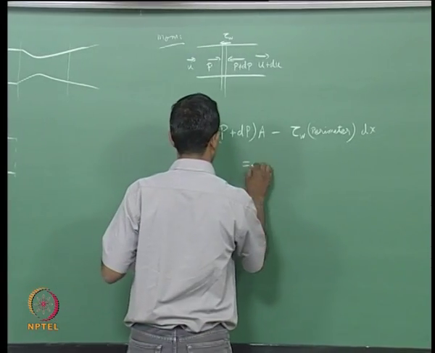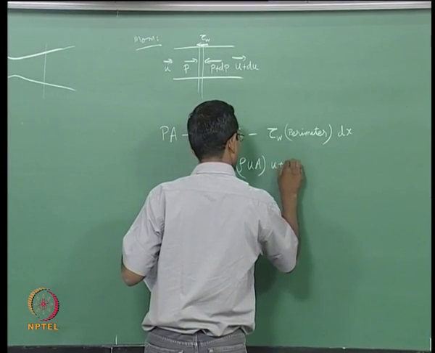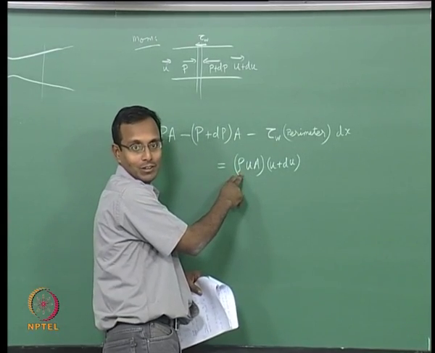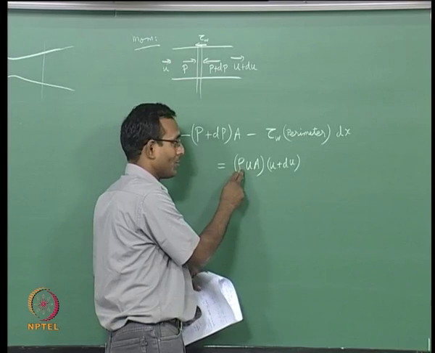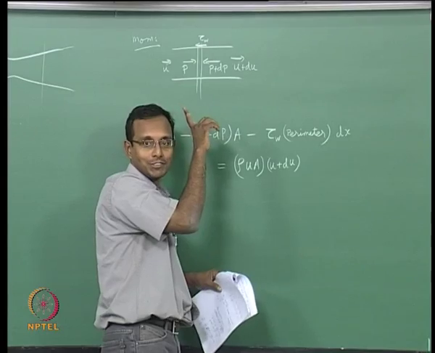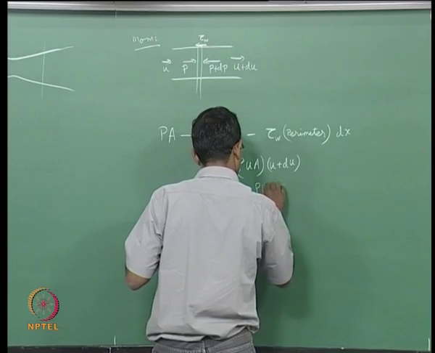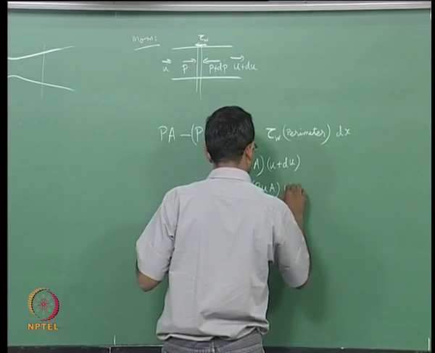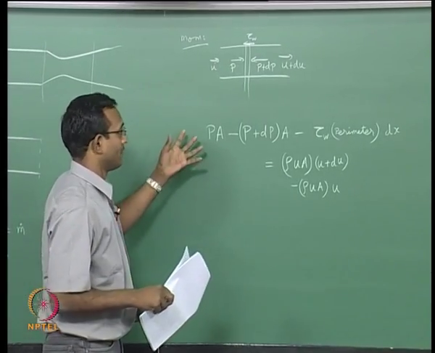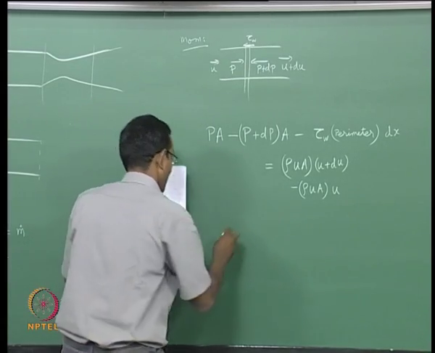So I can now say this is equal to rho uA into u plus du. Of course, I should actually think about rho plus d rho and all, but that rho plus d rho into u plus du is going to be the same as rho u. That's coming from the mass equation. So I will just use rho uA here, okay, minus rho uA times u. Okay. This is going to be my conservation form. I will just convert this to differential form. We will just simplify to